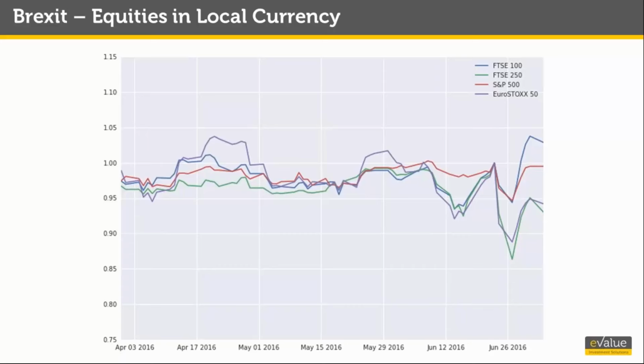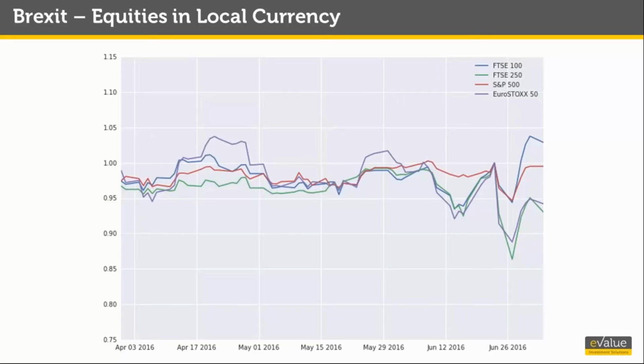Here we're showing the price levels as opposed to the total returns levels that we showed earlier. The FTSE 100 has recovered from the slump post-Brexit, even more than the S&P 500 has, or the Euro Stoxx 50. Having said that, more than 50% of the FTSE 250, which we are also showing on this chart, is also invested overseas. So even that is a poor indicator of the UK economy, having fallen more than the FTSE 100.